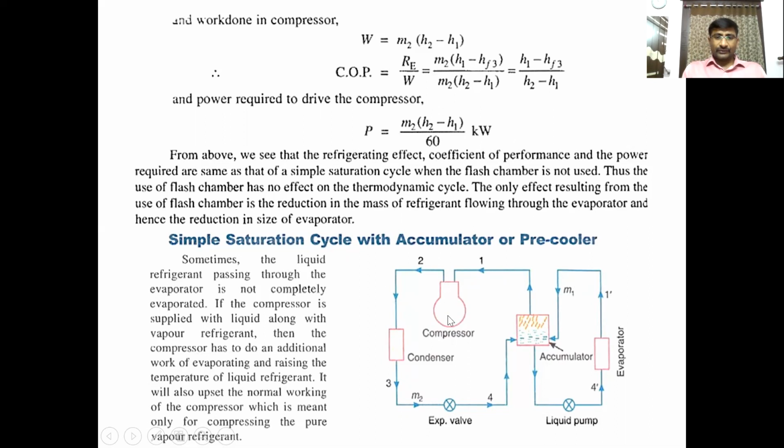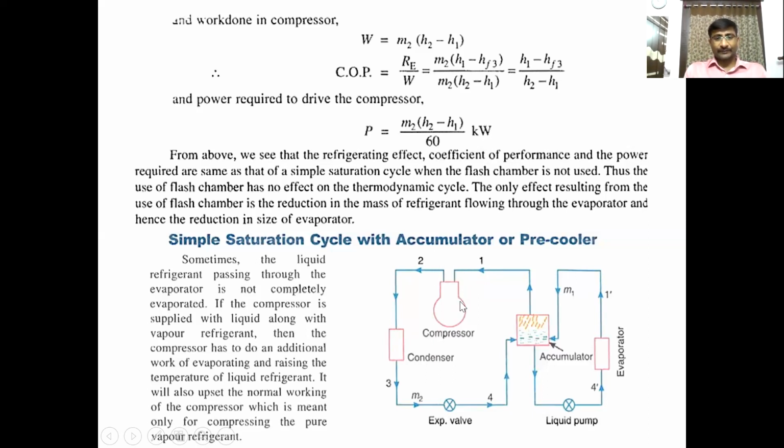the vapors can be sent to the compressor, but if we send the liquid particles coming from the evaporator into the compressor, it may be damaged, or the compressor requires more work to compress the liquid particles to increase the liquid pressure. Clear? We know from previous subjects that liquid is an incompressible fluid, isn't it? Here the compressor is placed to compress only the vapors.